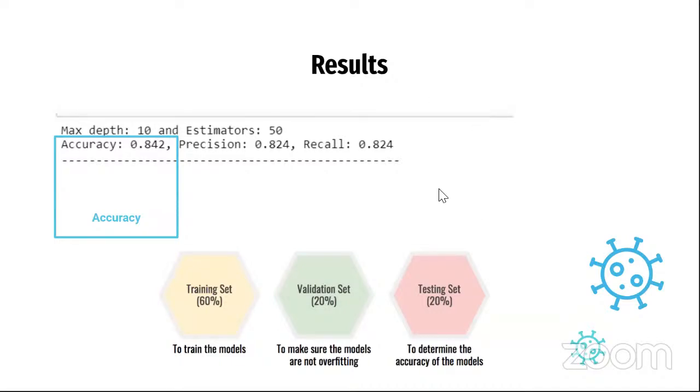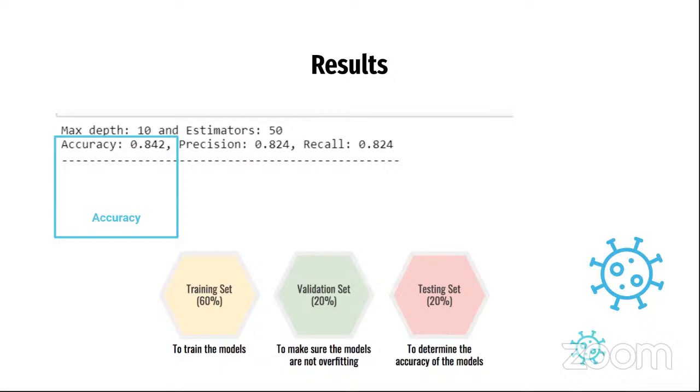To build our machine learning model, we split our table with the data set with the labeled countries into 3 categories: training set, validating set, and testing set. The purpose of the training set is just to train this random forest tree to make decisions. We give it the data and the labels. And then we try to validate this by predicting some of the data sets. We give the machine learning model data sets without labels, and we try to see if they match the right labels. After that, we test our model, and we got an accuracy of